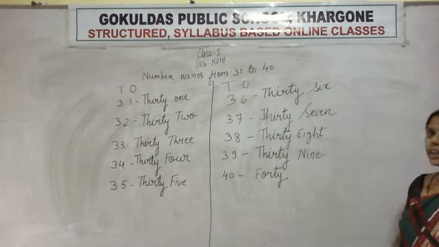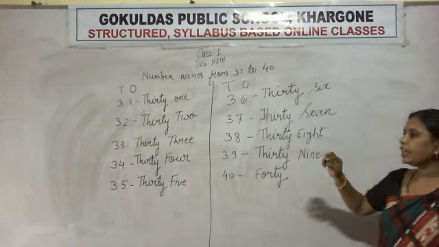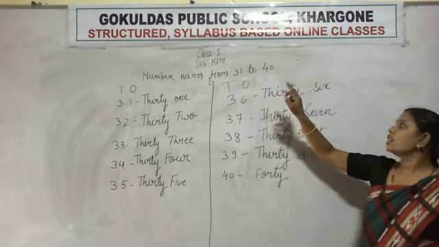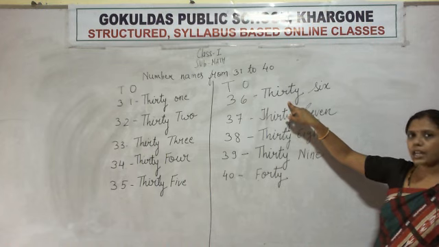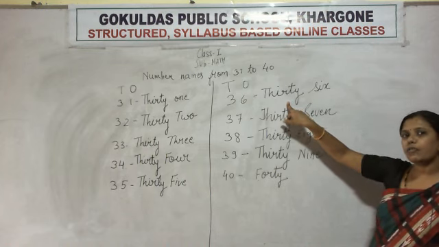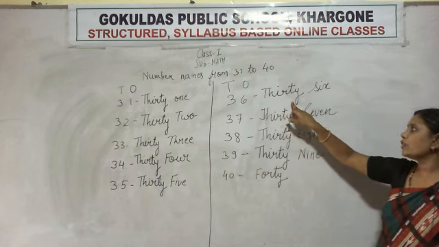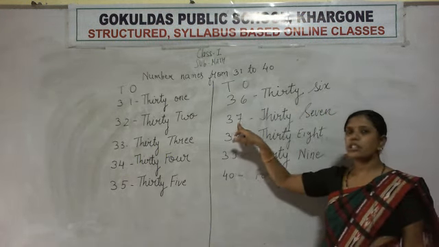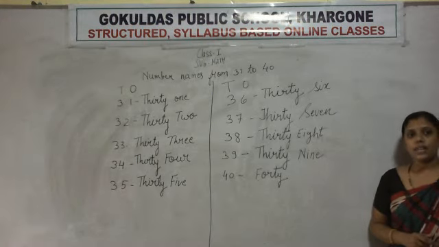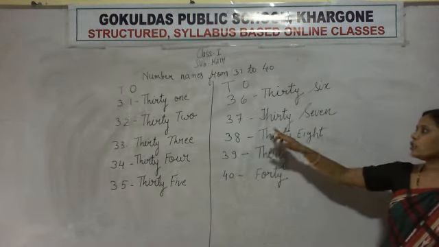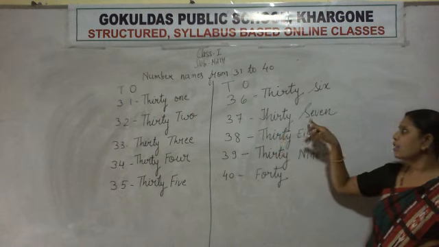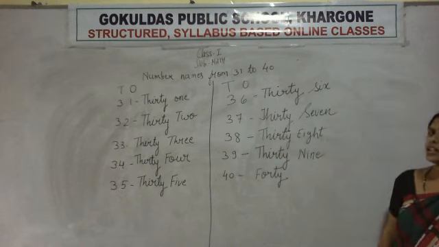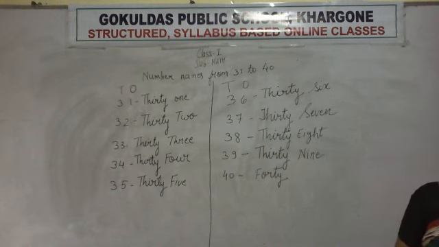Okay. Now again, see, I am repeating. Now pay attention here. 3, 6, 36. So first write the spelling of 30. I hope now all of you know the spelling of 30. Then 6. 36. After 36, which number will come? 37. Okay. So first write the spelling of 30. Then write the spelling of 7. It will become 37.